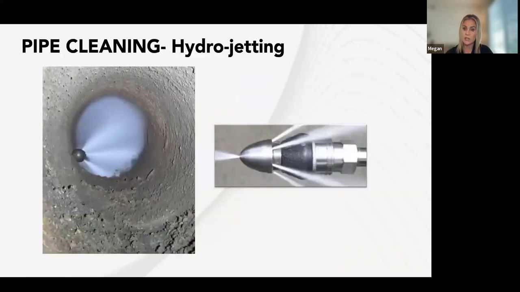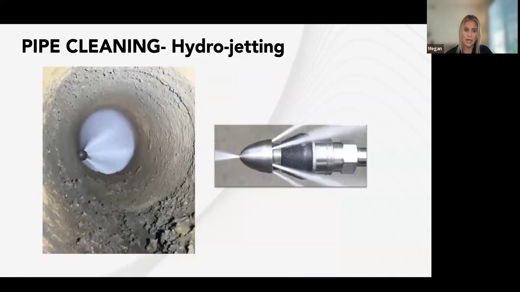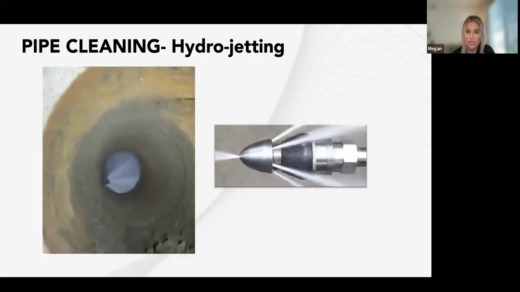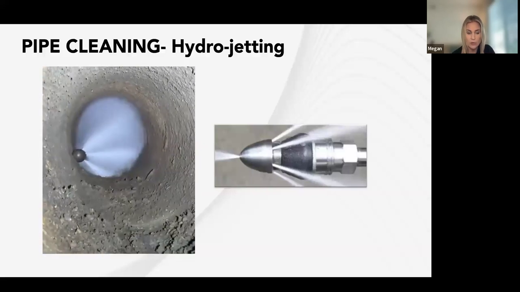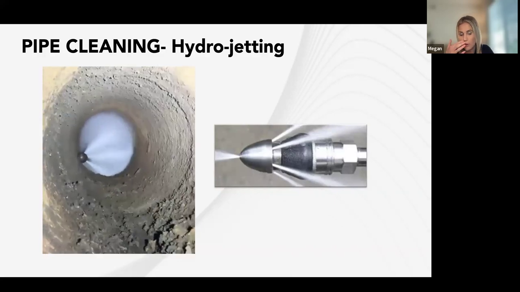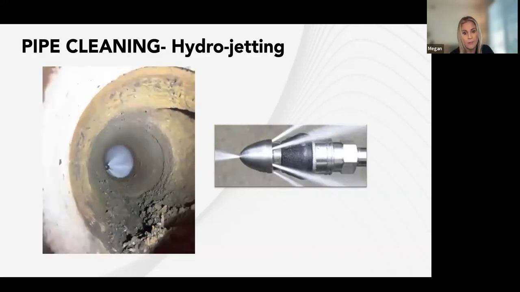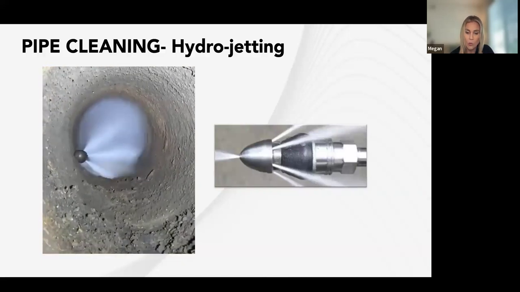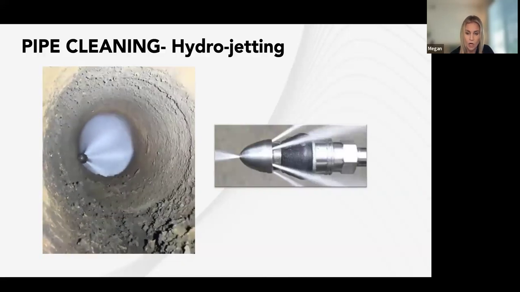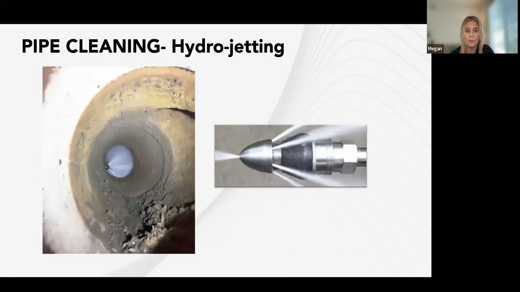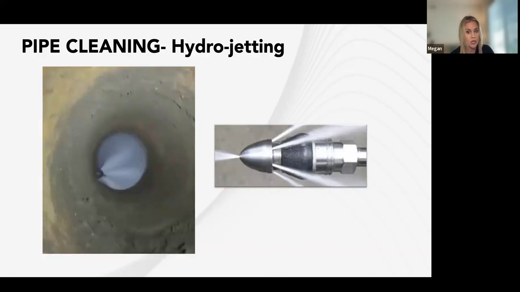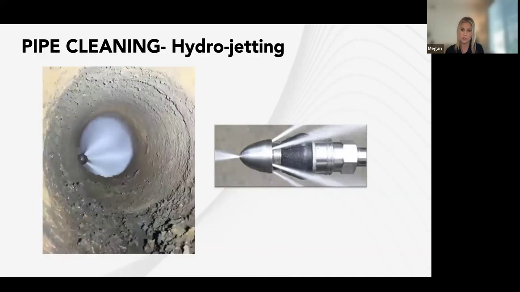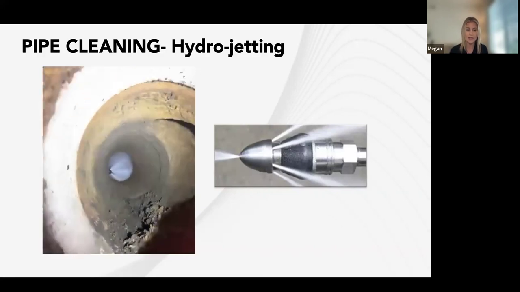So, next steps is cleaning. Once we get an inspection and we're able to see what the pipes look like inside, if there are any tree roots or debris buildup within the pipe, we can hydrojet. Please keep in mind, hydrojetting is really only good for underground pipe. Because of the pressure, you want the ground surrounding it to be able to keep that pipe intact.